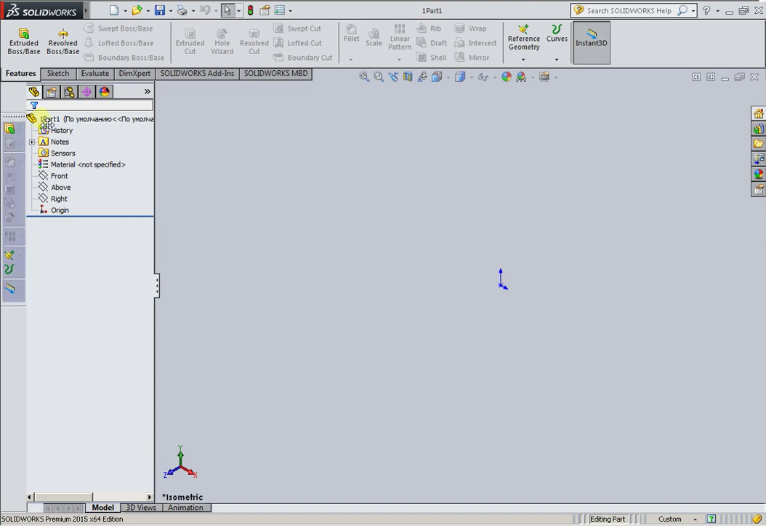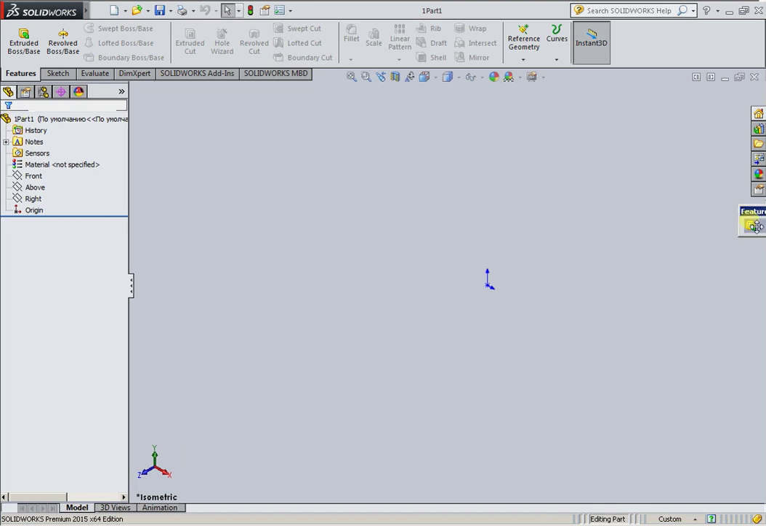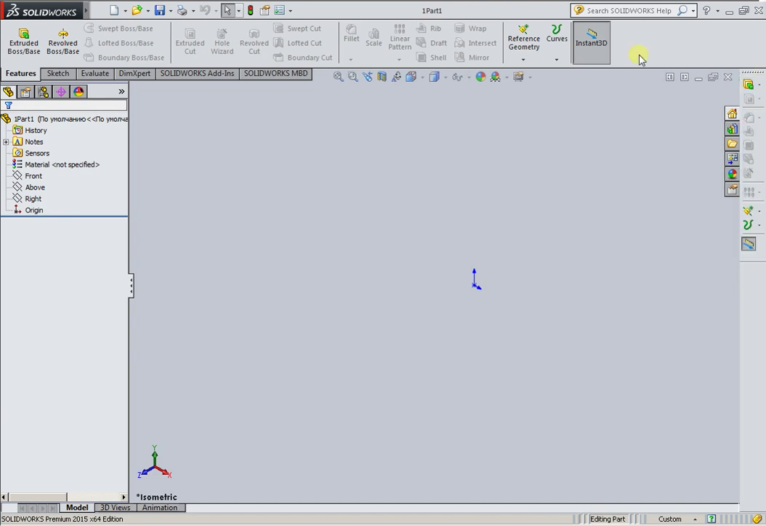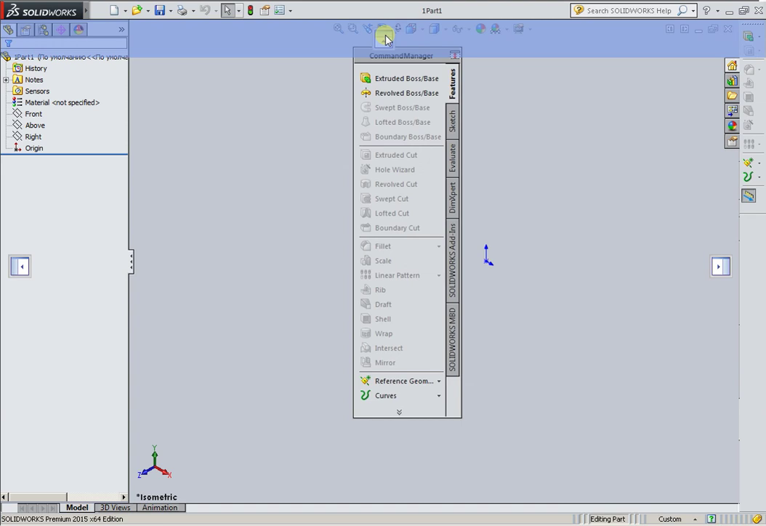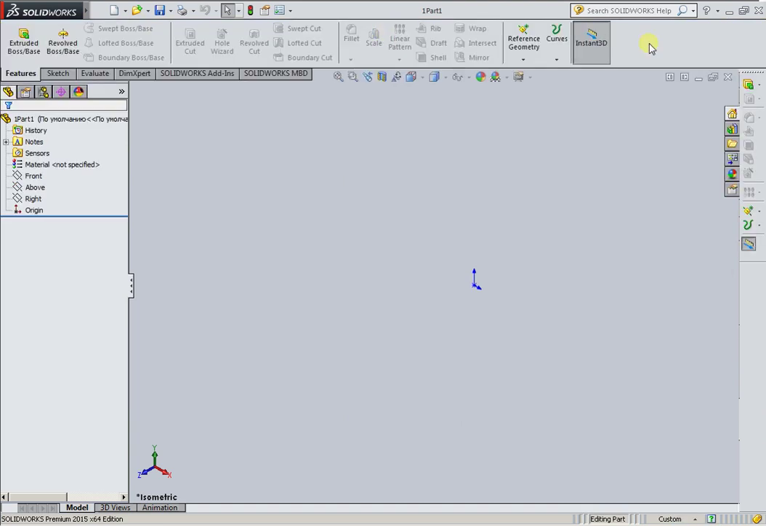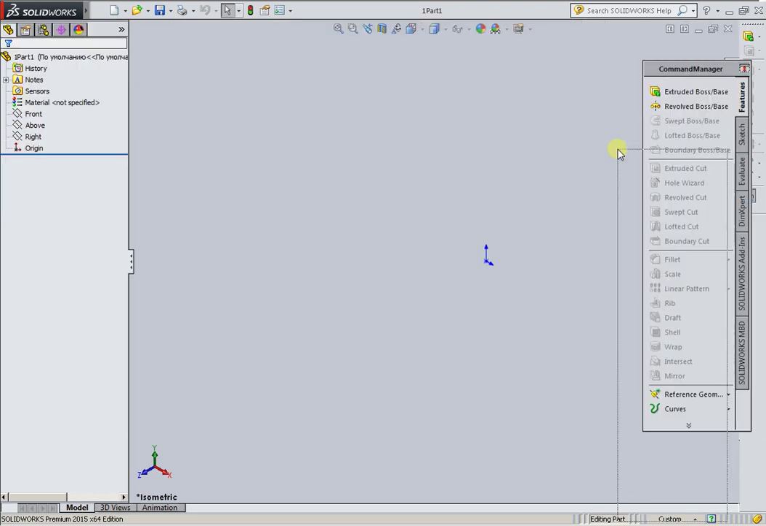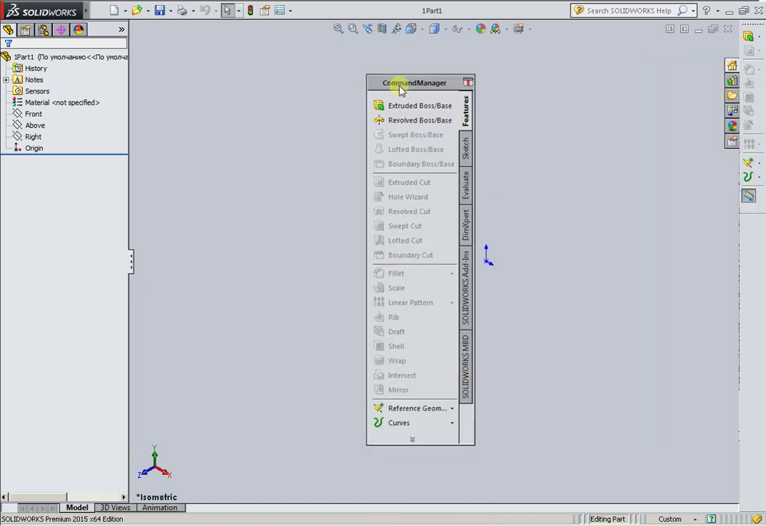Can drag the panel and analogical on the free field cursor, click and hold left mouse button, drag on the free field,